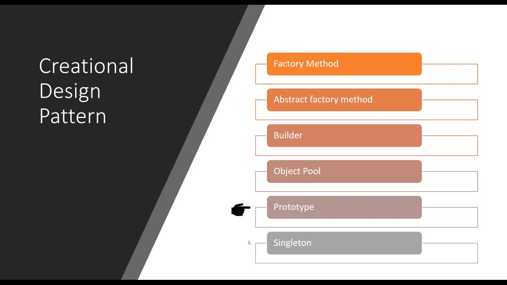Next was the builder pattern. Here we had a very strict definition itself, where we wanted to separate the construction of a complex object from its actual representation, so that the same construction process, which is the step-by-step process, can create different representations. And recently we covered object pool. Object pool is the one where instead of creating a new object every time, we maintain a pool of objects from which we allocate or deallocate the object to client upon the demand. With this, now let's jump to the next design pattern, which would be our prototype one.